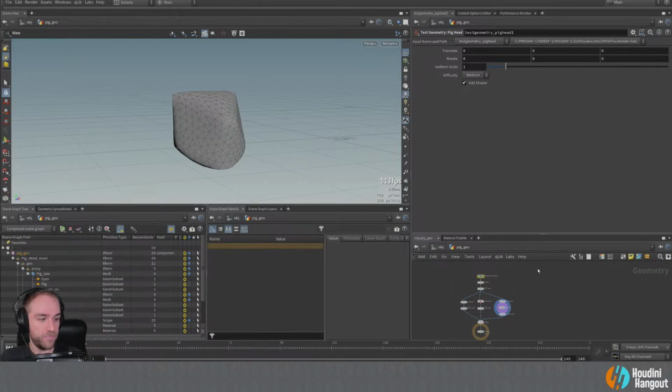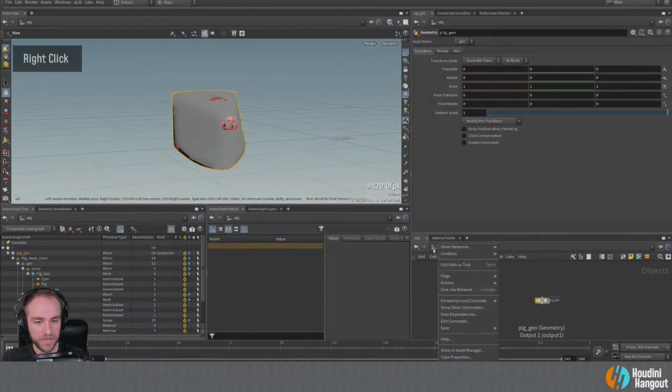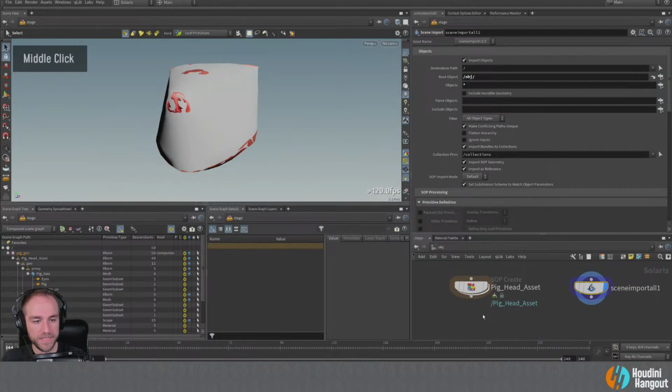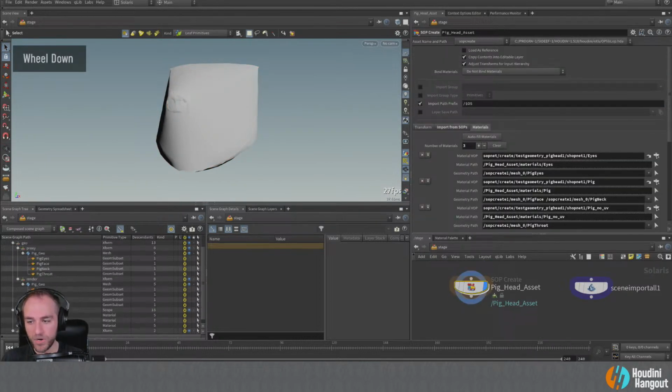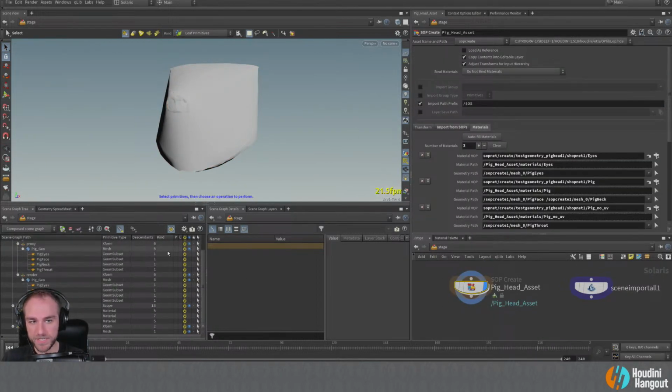So with the scene import all, it's a little bit more of an automated, heavy-handed, just do your best and get it in there. Whereas if you look more specifically at the SOP create node, you have a little bit more control there. Things aren't going to just randomly come around wherever they think they should go. It's a little bit more specified, like, hey, this is specifically where I want this to go.